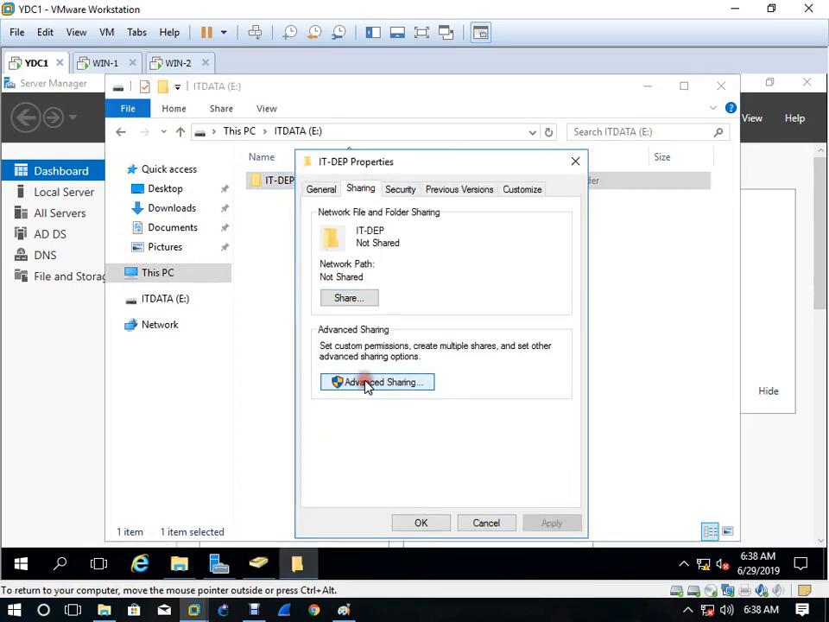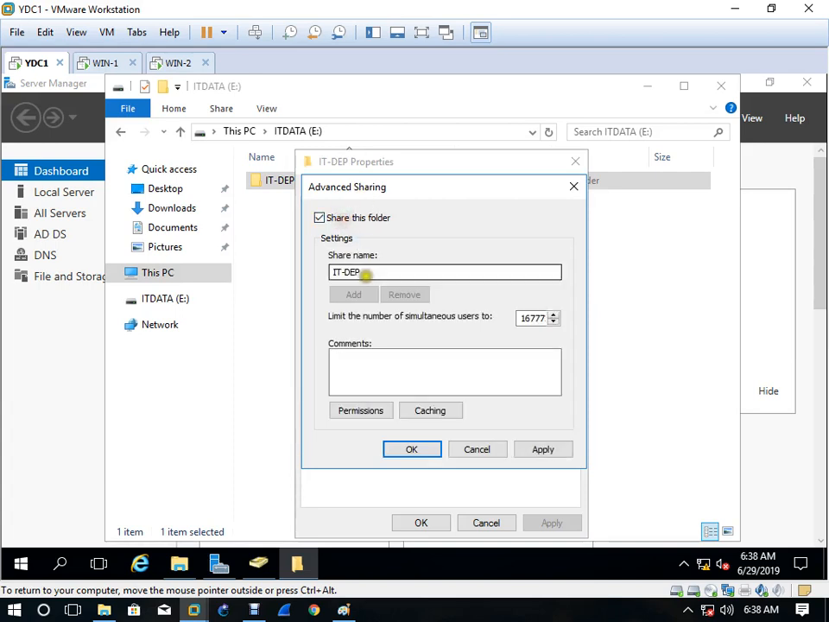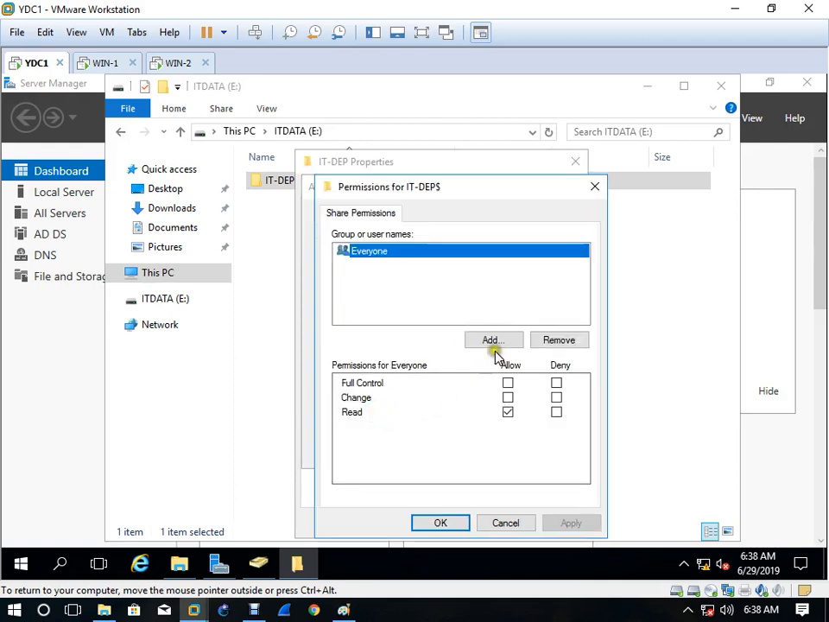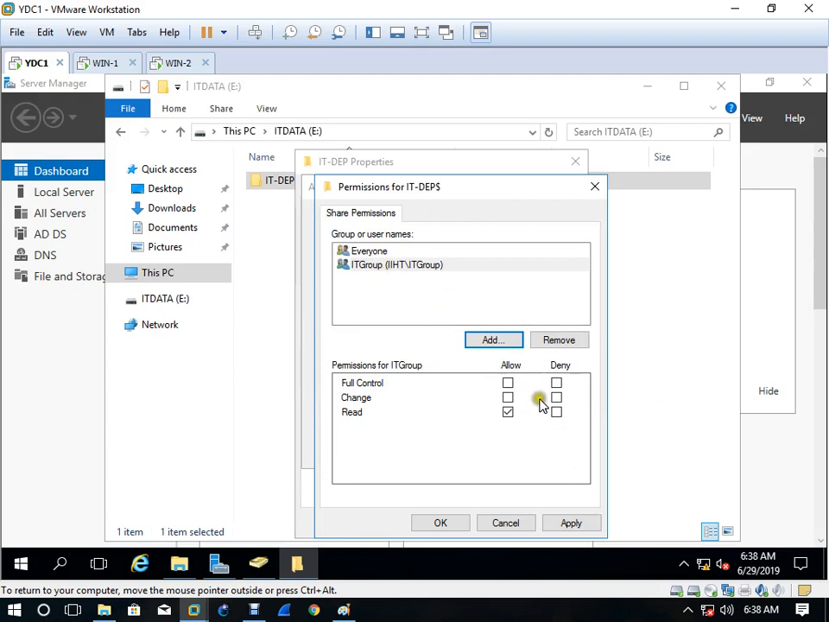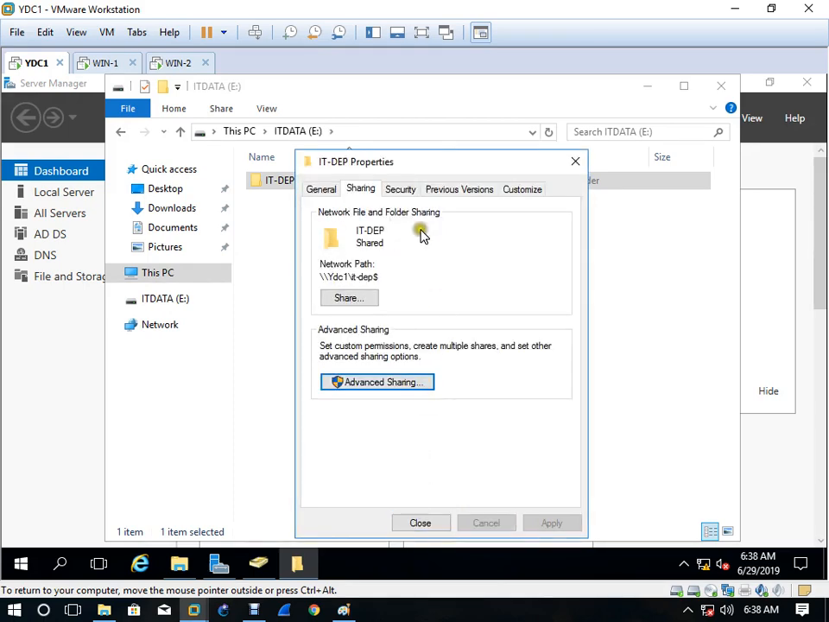sharing, advanced sharing, share this folder, and put a dollar sign here. Why do we use the dollar sign? To hide this folder. Okay, permission, add. What am I going to add? IT group, full permission for IT group, apply. Then come to security,